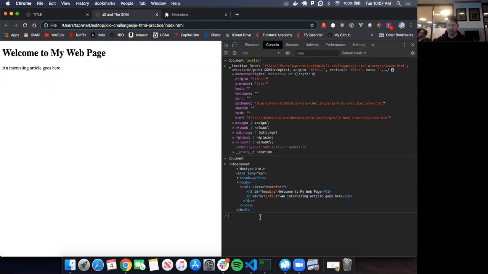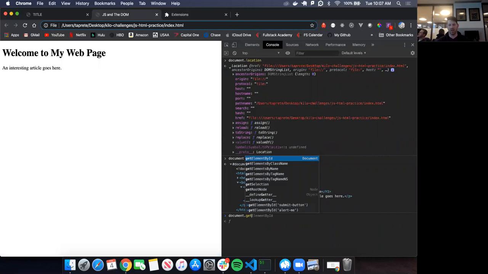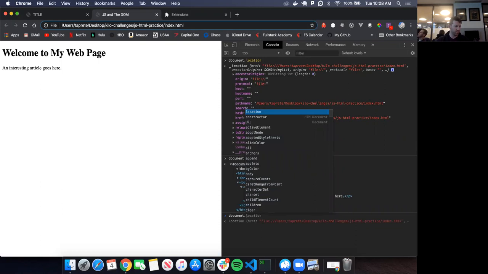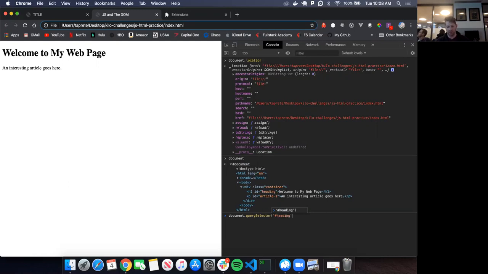Document.getElementById, or I can do document.get, is there a query? Let's see. Oh yeah, query selector. It's almost like the same thing. And you actually have to grab the target, like, what is it? Heading. So yeah, that's what that value is. So I want to grab that. And I want to